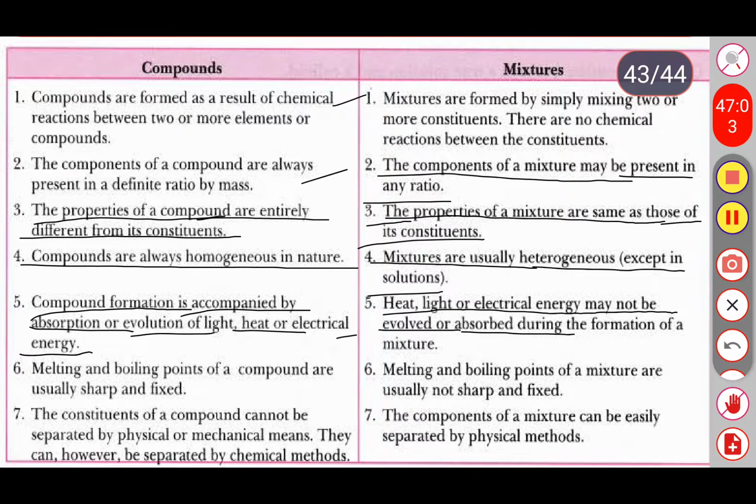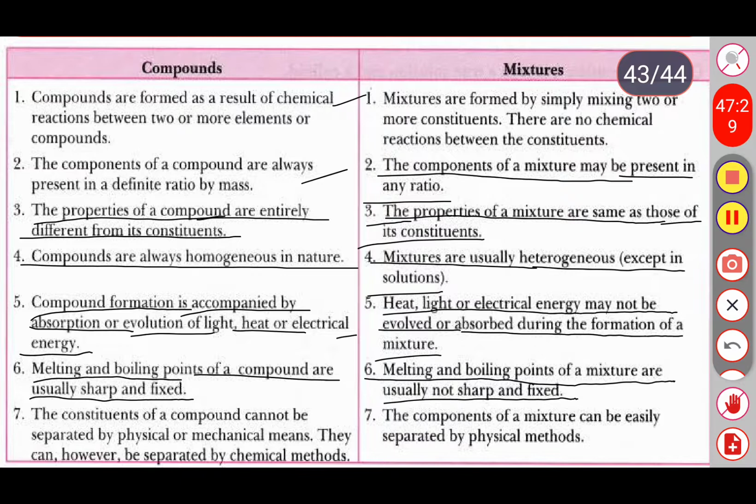melting and boiling points of compounds are usually sharp and fixed. Melting and boiling points of mixtures are usually not sharp or fixed. It means each and every chemical compound has a fixed boiling and melting point. At that point only the compound will start to boil or start to melt. But